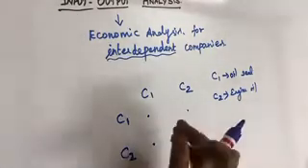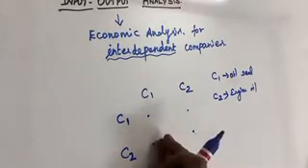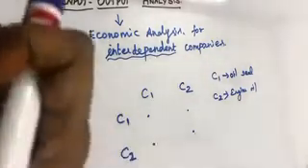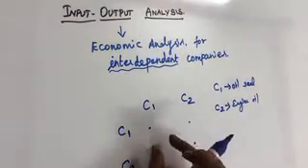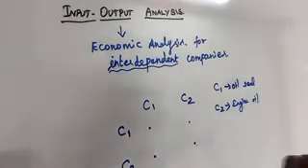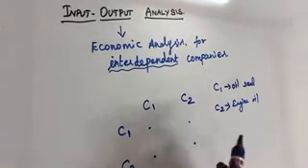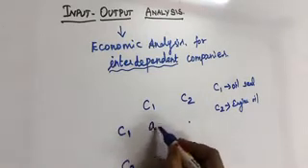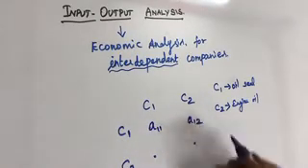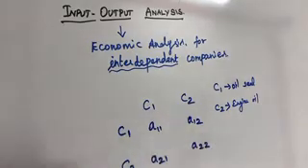To analyze their input, their demand, their output and their expenditure, input-output analysis is very useful. In the form of matrices, they arrange it. It is an initial stage and we are learning for only two companies, not for multiple companies. So this value is A11, this is A12, this is A21 and this is A22. We can take it in an array.